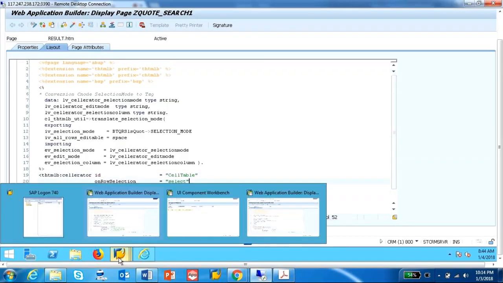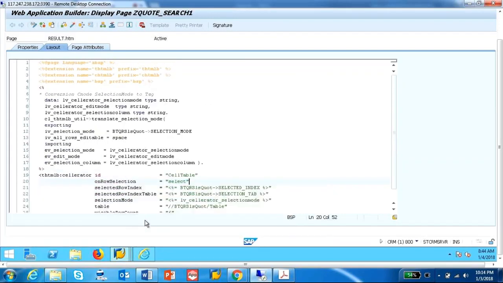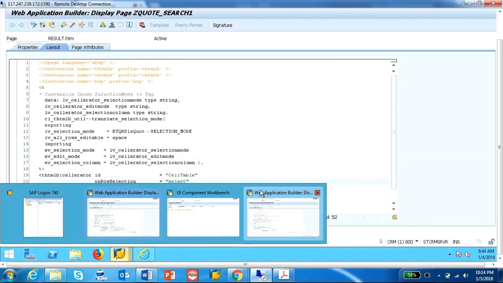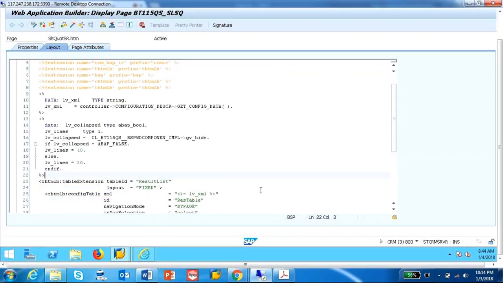Okay, now go back. Just stay here for a while in the existing one, in the new one. Oh, sorry, in the standard one. Go to the standard one, please. Okay, so let's see. The very first thing which needs to happen here for this particular component is it needs to get the configuration data. As you can see here at the top, it is trying to get the configuration data